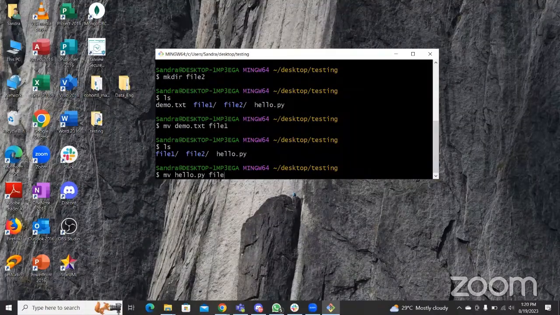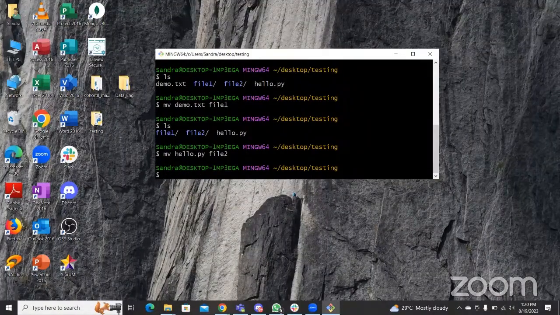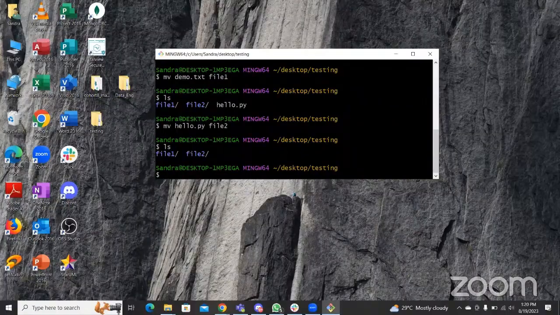And the folder name file 2. That's why I want to move it. It's done. Let's list it again. Now we don't have any other file here. We only have folders, file 1 and file 2. Now let's move forward. We want to rename this